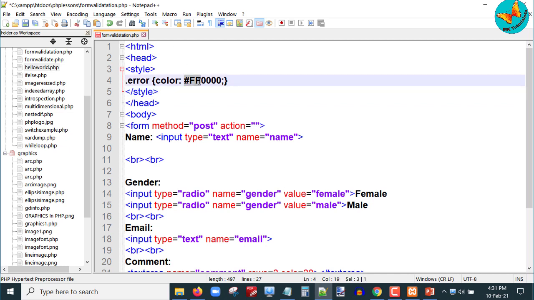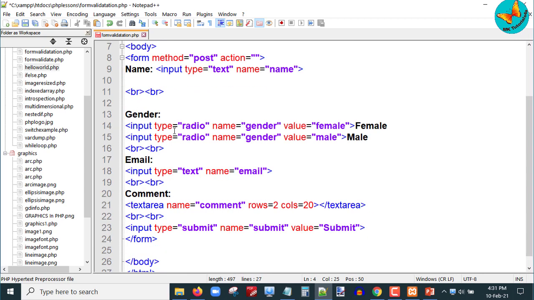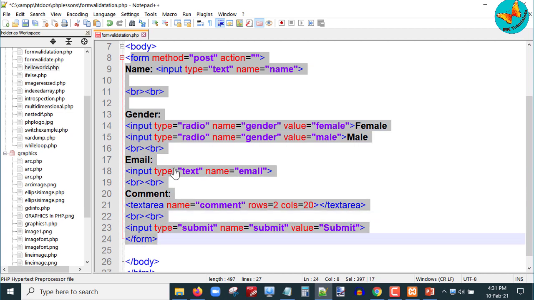Then you may be confused that why I have written it here something like this. So wait a while, I will just show you in few minutes how I am going to use this error class. Next, I am going to write the PHP code to perform the validation and display the error. So for that, I'll open the PHP tag, and within the PHP tag, first what I'm going to do is that